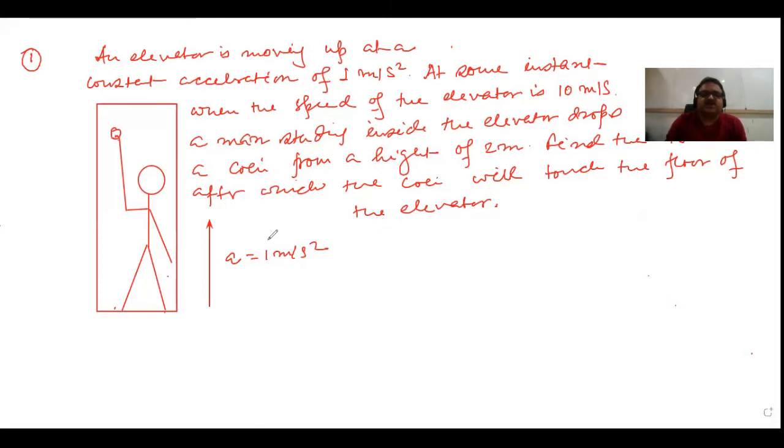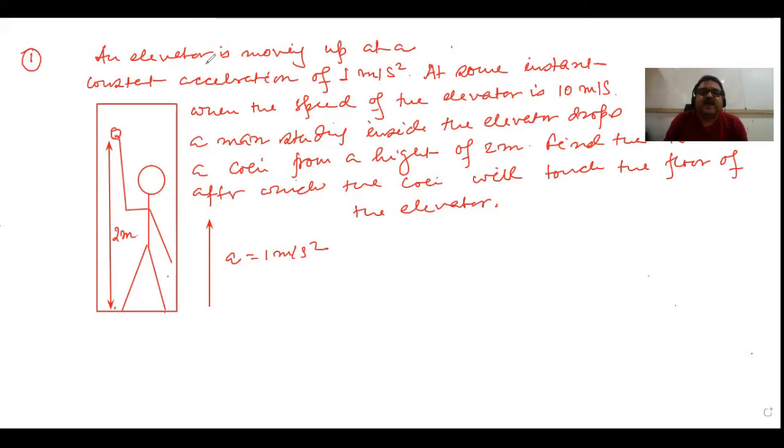So in this question, it is given at the instant when the man drops the coin, this height is 2 meters. Okay. Now, how to solve this problem? Look, the benefit of using relative motion, okay? This is a 2 meter gap. Okay. So how to solve it?